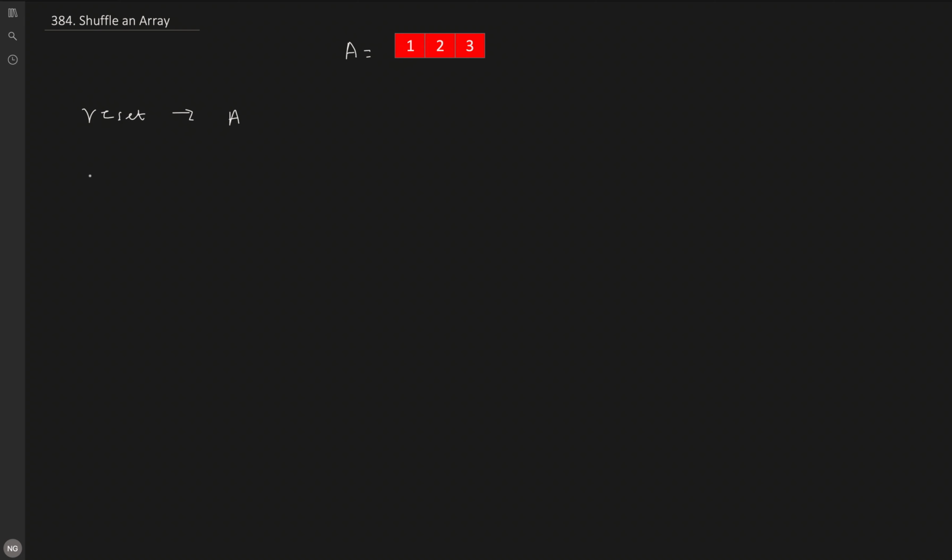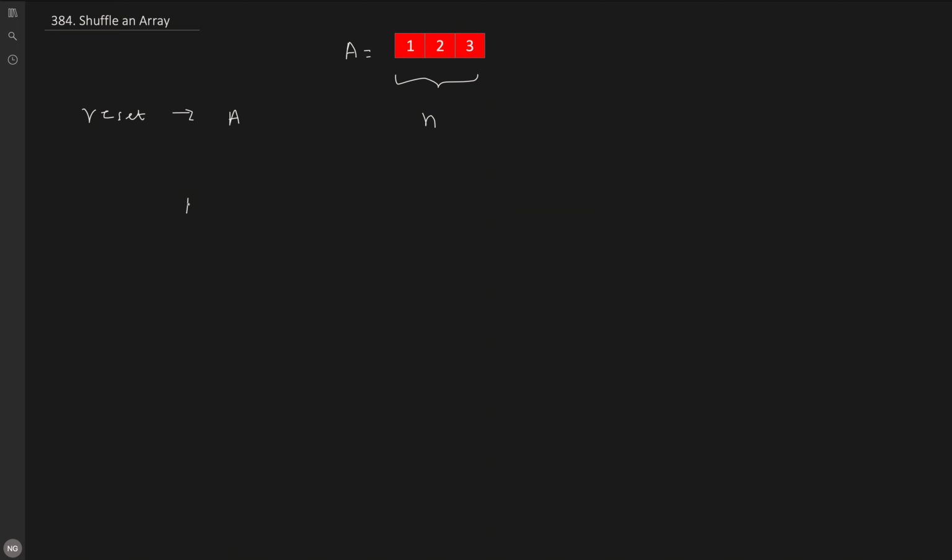Now in the shuffle method, what we need to do: we have this many elements, so let's say the length of this array is n, and we need to shuffle them. Implementing your own random method is very time consuming and you need to know too much detail, but the libraries of programming languages Java, Python, C++ all provide this method in the library class.